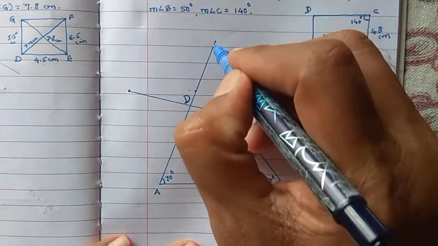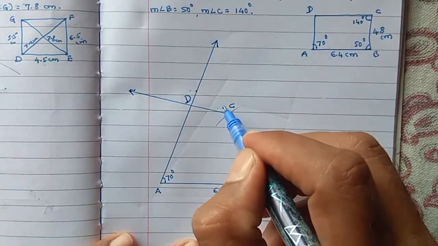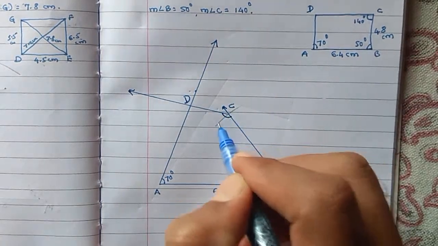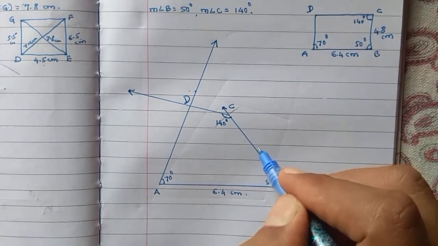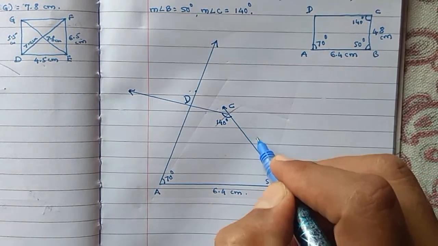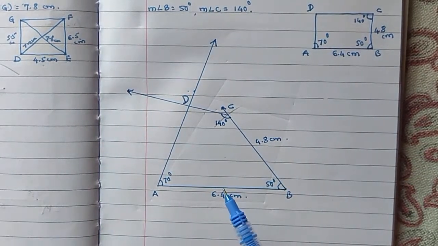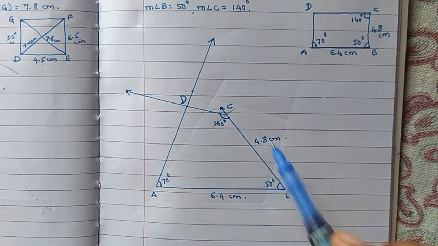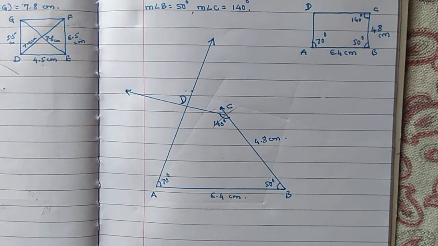So that's all. Here you can show the arrow. Okay. So what is the measure of this angle? 140 degrees. What is the length of this side BC? It is nothing but 4.8 centimeter. That's all. This much information only: 1, 2, 3, 4, 5. All the things are written. Names of 4 vertices are written. Okay. Our construction is over.